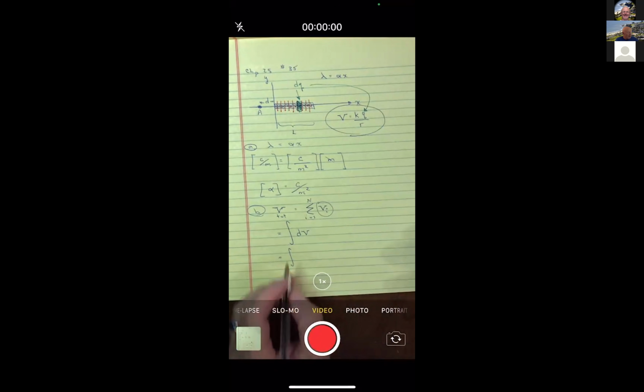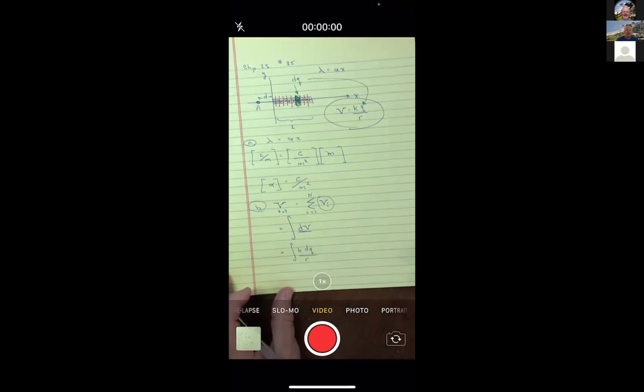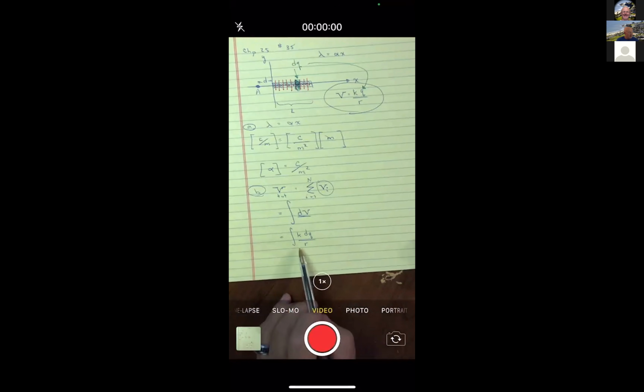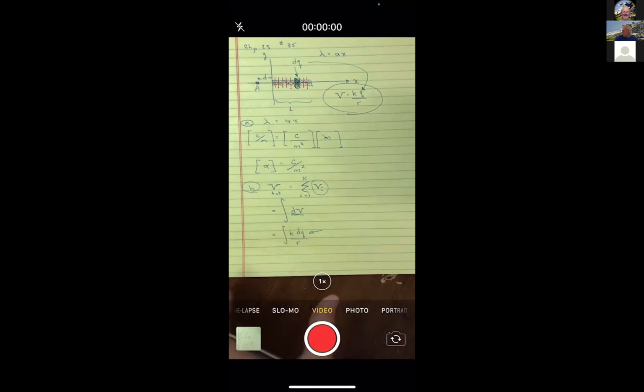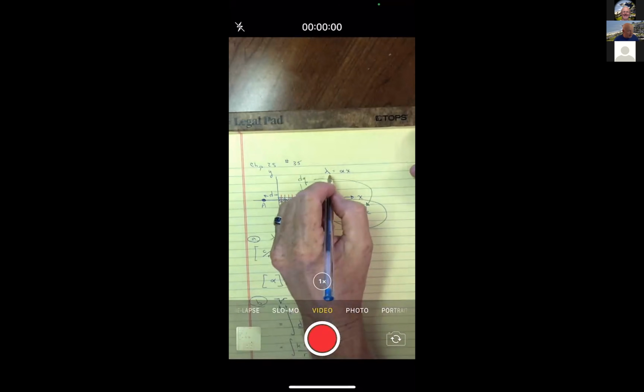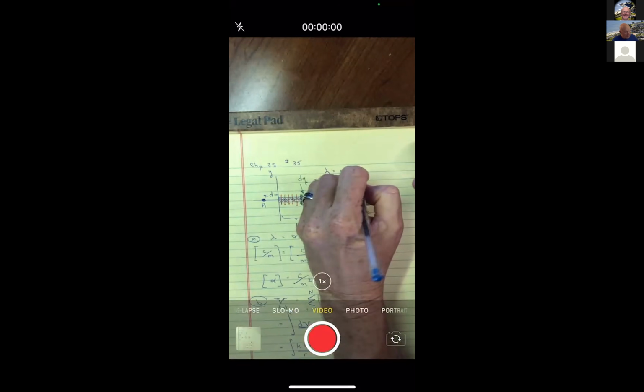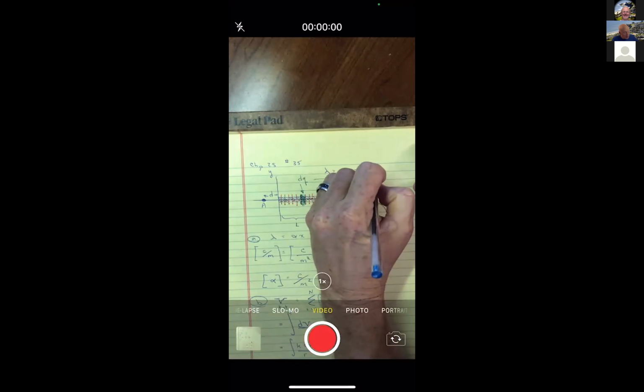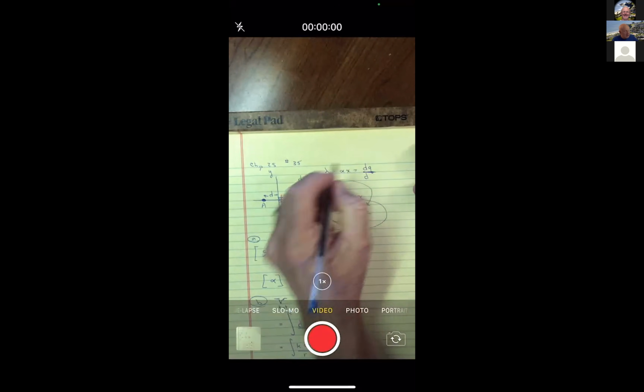Okay, so here's what I'm going to do. I'm going to put Coulomb's constant times a dq over an r in this integration. This is how I'm going to find that potential. Now that it's an integral, it's an infinite number of points. This is a hard problem for this step right here, because what we had back here for lambda was written just as a lambda,